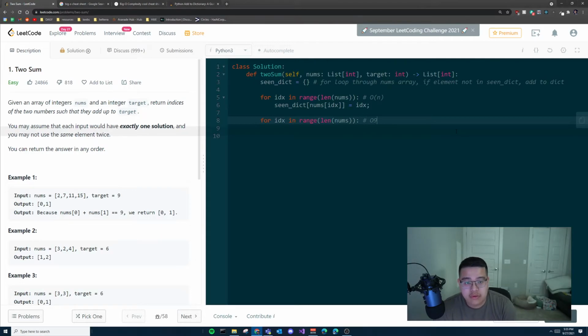Okay. So then we're going to have to set a complement, right? Again, this is the number that needs to be added to the current number to equal that target. So, okay, we're setting the complement. Once we have that complement set, if complement is in